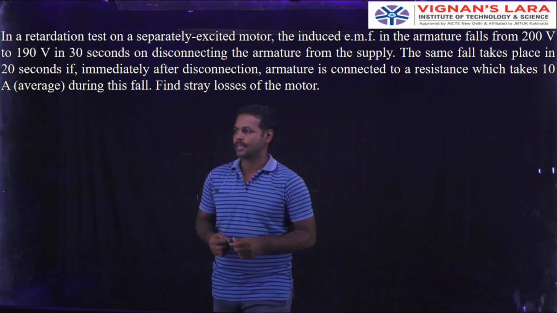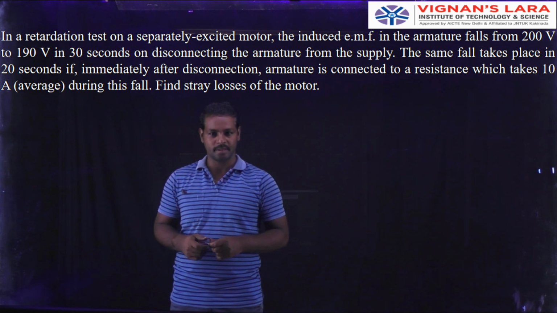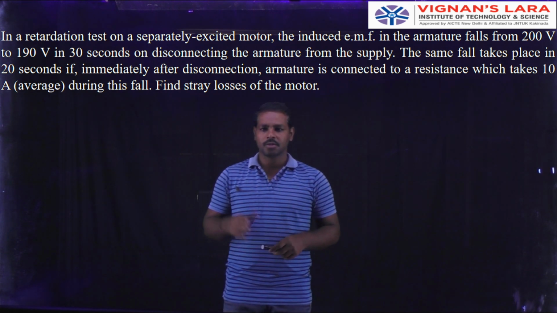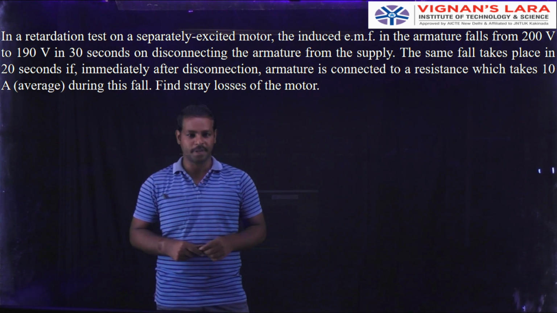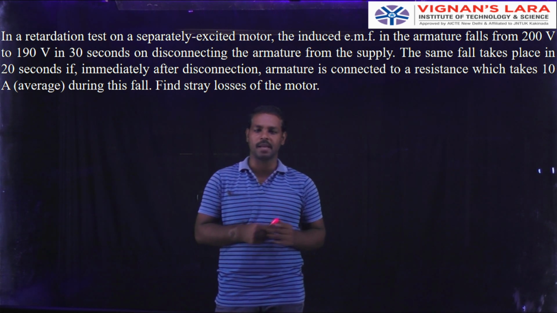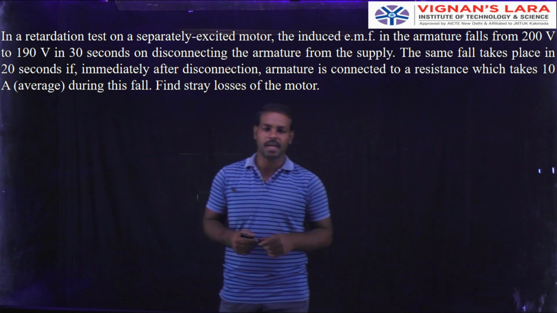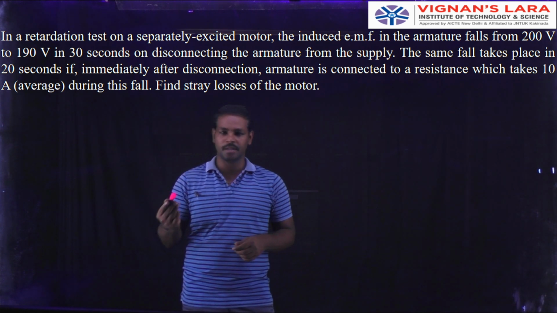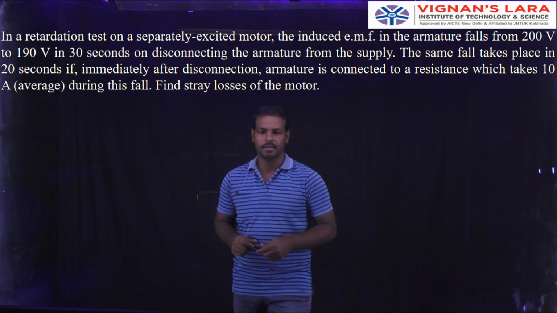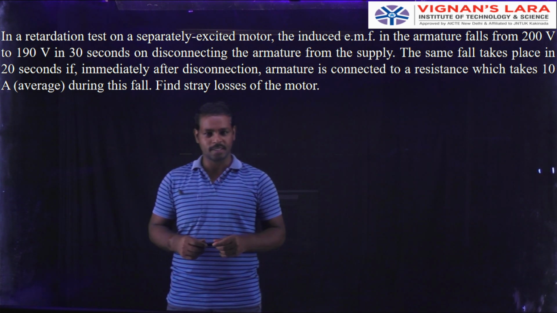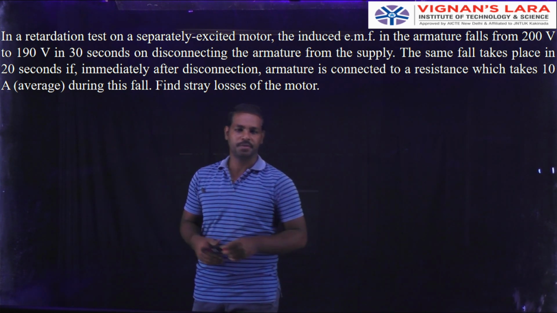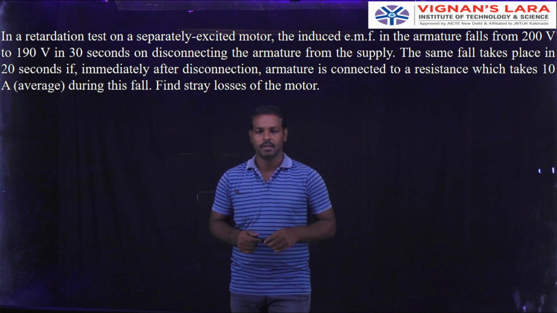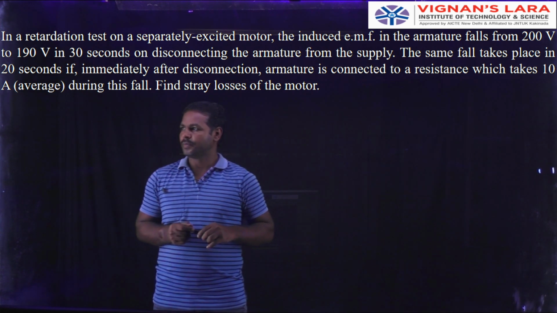In this retardation test, I can be eliminated by using two methods: one is the elimination of the moment of inertia, and the other is removing the moment of inertia. Based on those two expressions, the losses are calculated. One is W = W' × T2 / (T1 − T2). Another one is 0.011 × I × N × dN/dt. Based on these two expressions we can find out the stray losses. Then, based on the given data, we can find out the efficiency of a separately excited DC motor. Now, the problems related to the retardation test.